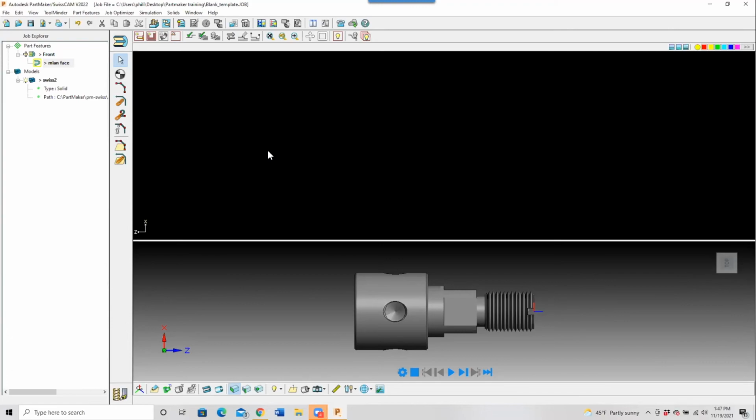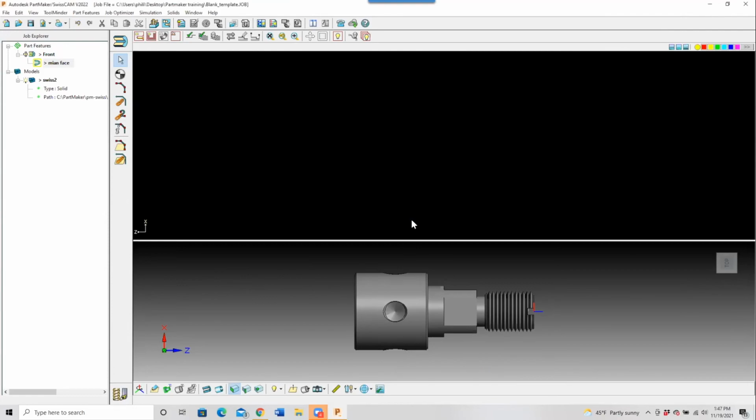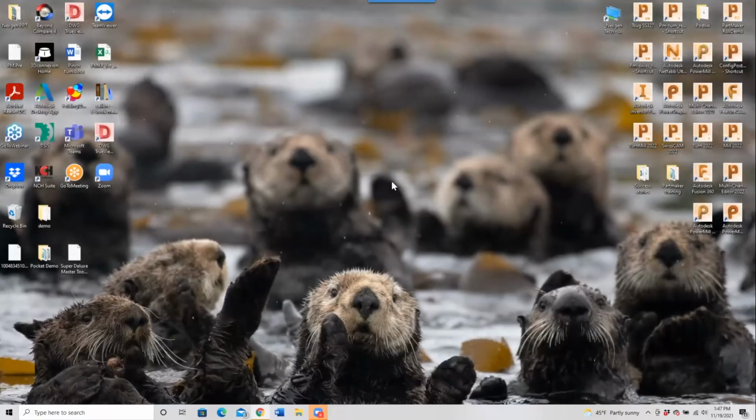How can I make this easier? Well, with PartMaker, we can create desktop shortcuts. And these shortcuts can be specific to the machine that I'm working on. I do have a sample here. I'm working with a Sagami SS327 5-axis machine. So I want to be able to just double click on this shortcut here. And when PartMaker opens up,